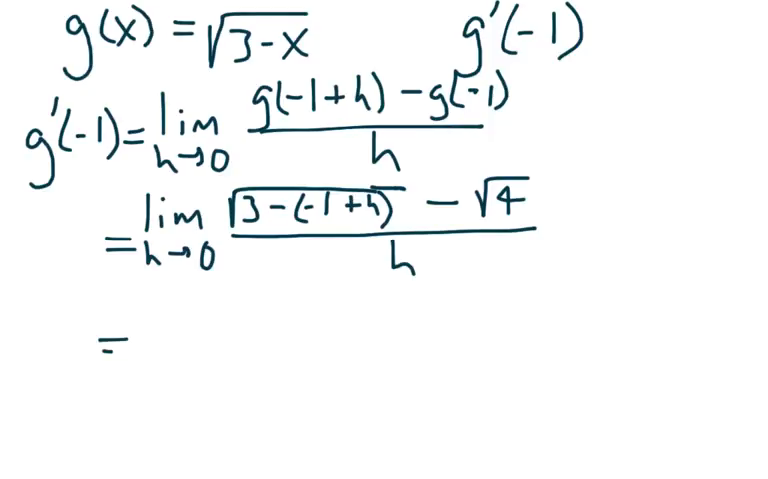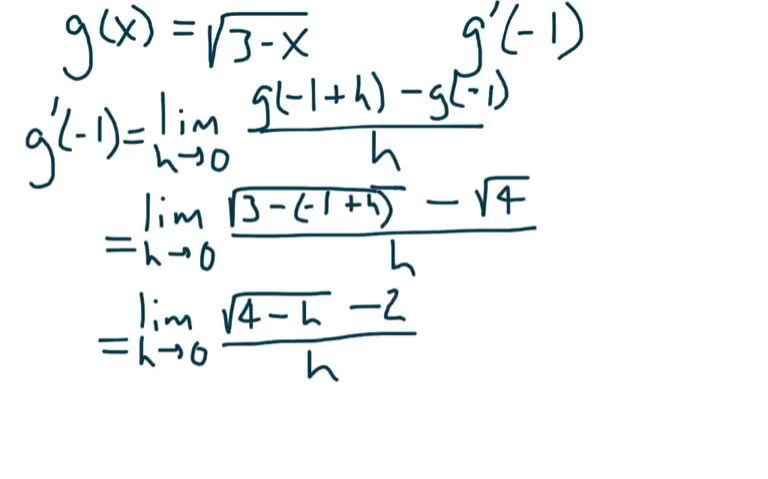Let's simplify. We have the limit as h approaches 0 of the square root of 3 minus negative 1, which is the square root of 4. Now, we must distribute this minus. Minus plus h gives us minus h, minus the square root of 4 is minus 2,